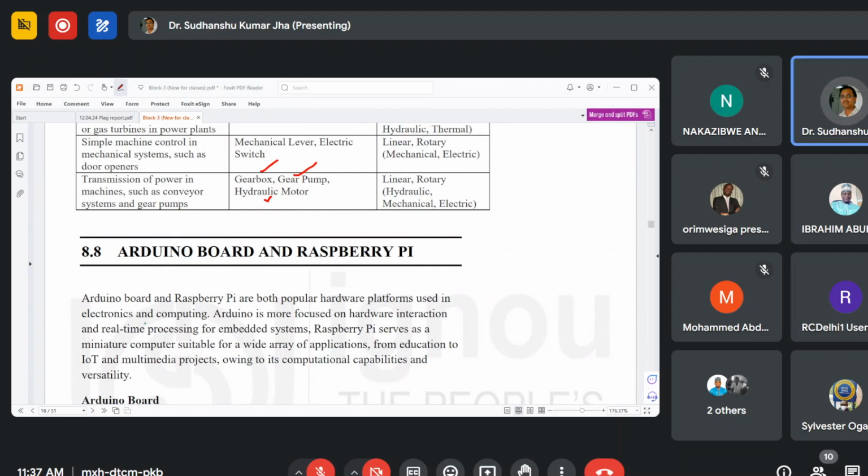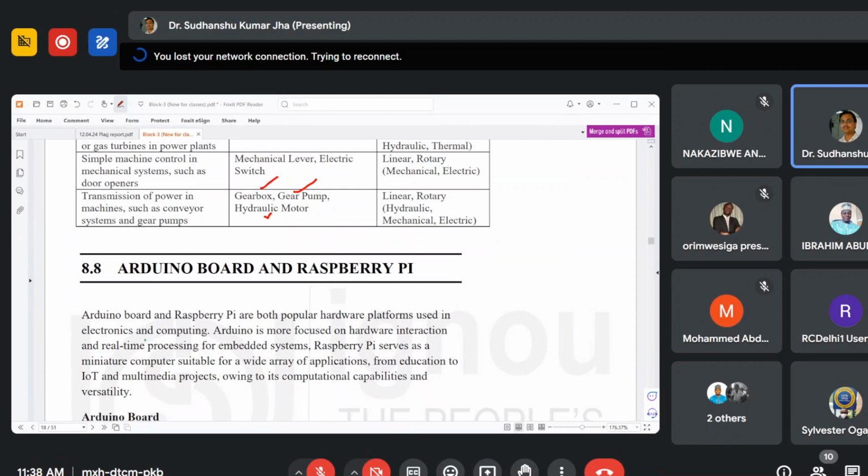Okay, so now let us recap. We have seen some IoT devices. We have seen some IoT components. We have seen the characteristics of IoT. We have seen the components of IoT like sensors and actuators. We have seen how the sensors basically work, how the actuators basically work. Do you know